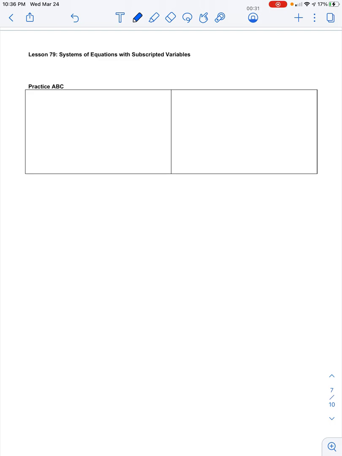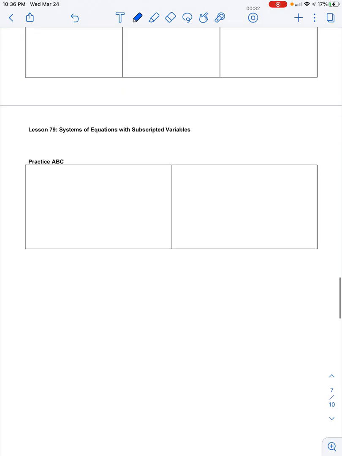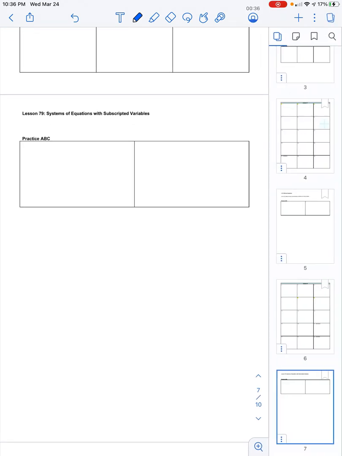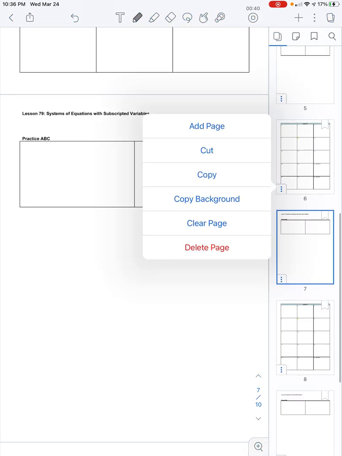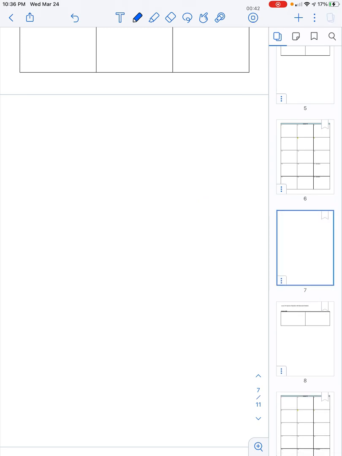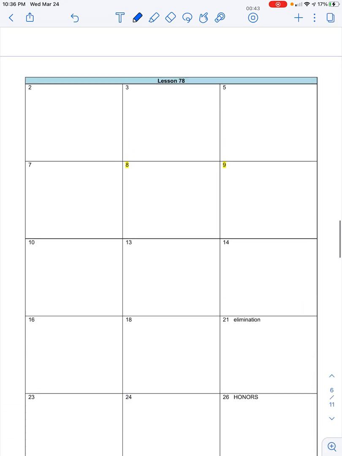That is a subscripted variable, sub because it's at the bottom. And I just lost my page. Let me pull that back up. There we go. So sub means bottom or underneath, right? So a subscripted variable is going to be a variable with a little subscript underneath. Okay, so I'm going to start off with